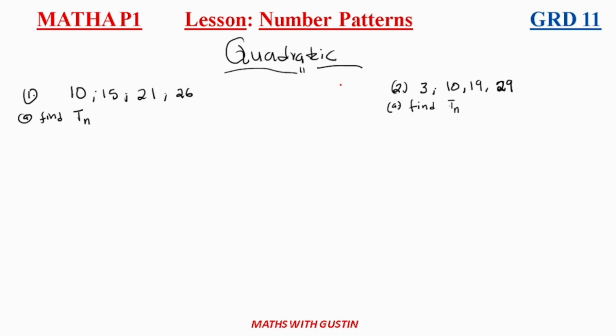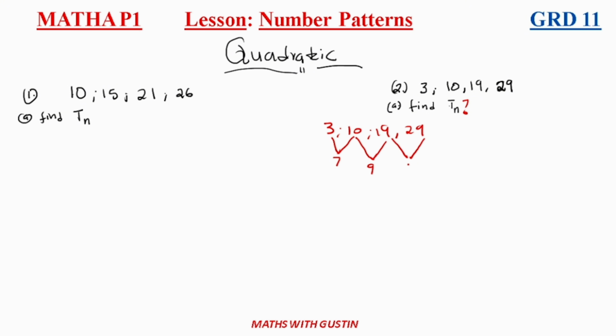Question number 2, it says here 3, 10, 19, 29. So we are looking for the nth term, which is the general formula of this quadratic sequence. So we would say 10 minus 3 will give us 7, and then 19 minus 10 will give us 9, and then 29 minus 19 will give us